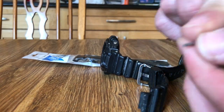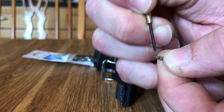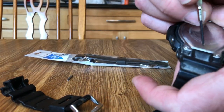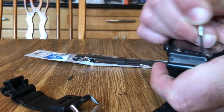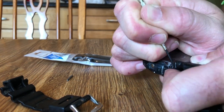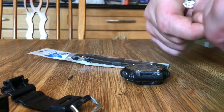pins that hold the strap in. And you need to work your screwdriver, the flathead, into there and just release the pressure on the spring, and the wristband will release. Make sure not to launch out that pin though, and put those aside because they can